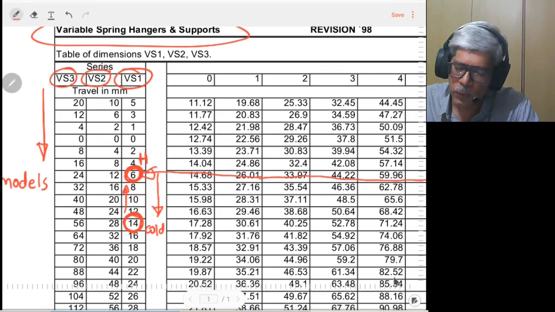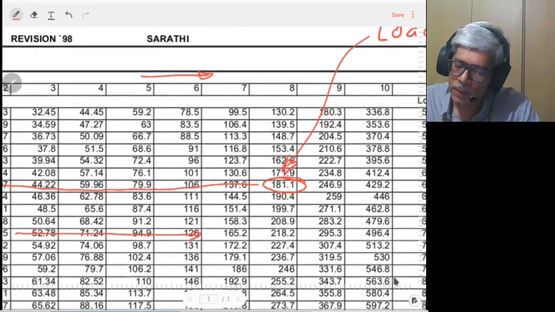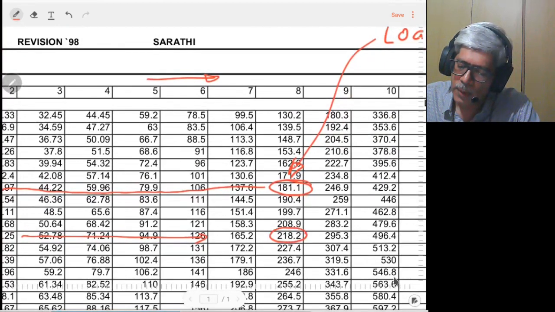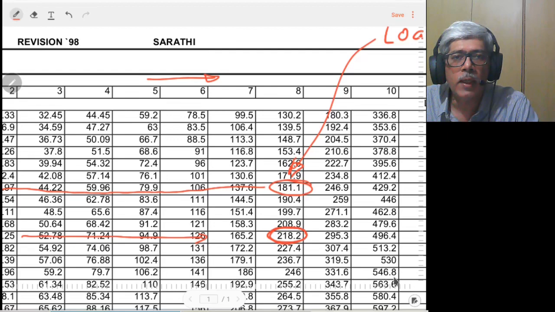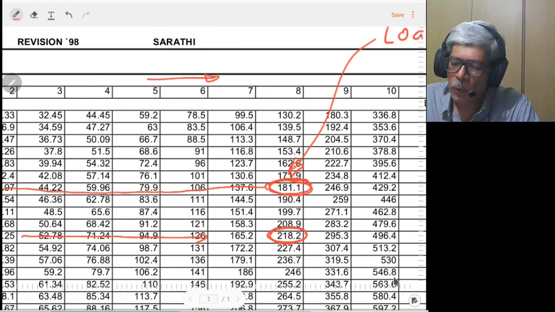Now corresponding to the series you have selected, you have to again go back into this catalog. Move along this catalog and find out the load the hanger will have in the cold condition. We started with our hot condition load, which was 181, and in the cold condition the particular model that we have selected will have a load of 218 kilograms.